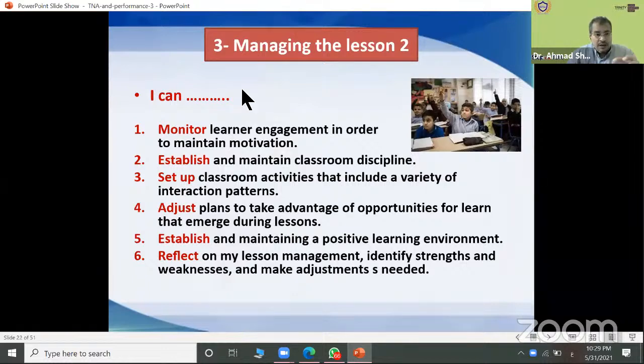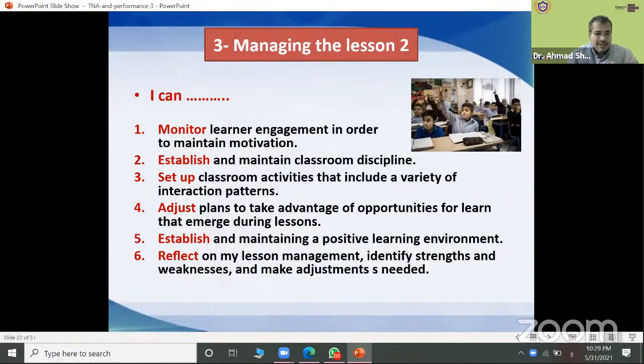Managing the lesson, part 2. I can monitor the learner engagement in order to maintain motivation. While students are interacting or doing some tasks, you should monitor your students. Why? Because you need to know their problems, their points, to give some sort of feedback.